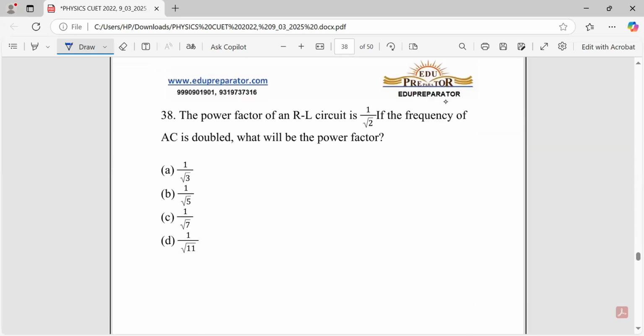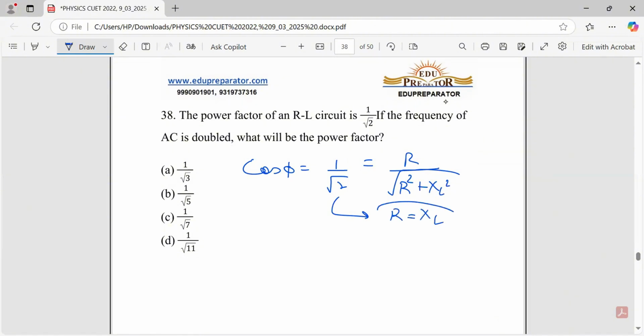Now 38th question is application. He says RL circuit में power factor 1 by root 2 है. Power factor क्या होता है बेटा, cos phi, which is equal to 1 by root 2, and that is equal to R by R square plus XL square, right? ये आपके पास है। देखो बेटा, ये आपके पास 1 है, ये R है, ये 2 है, ये R square plus XL है। तो विदाउट मूविंग अननेसेसरी डिटेल, यू कैन सिंपली से कि सर R जो है वो XL के इक्वल है ना। जब R XL के इक्वल है, वैल्यू पुट करेंगे 1 by root 2 आ जाएगा।